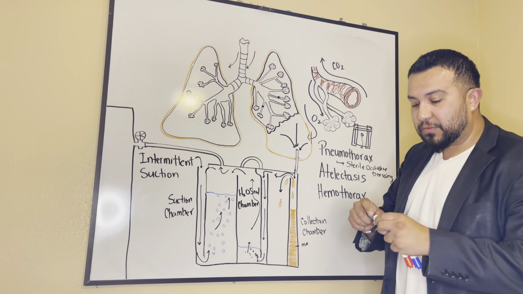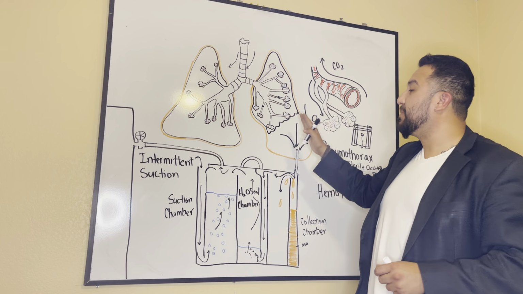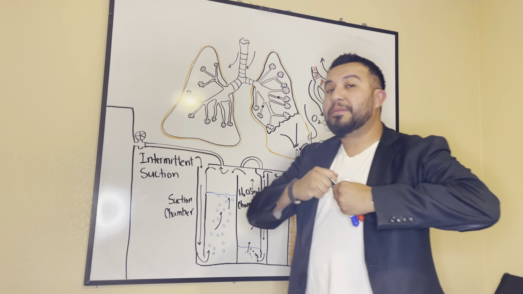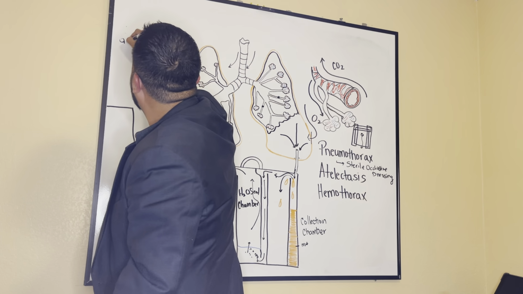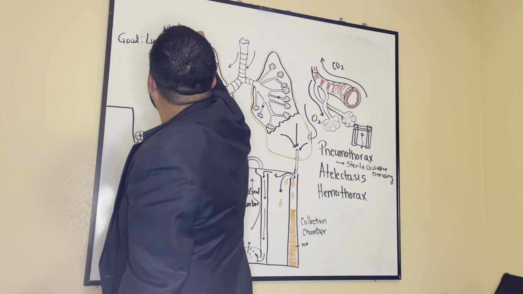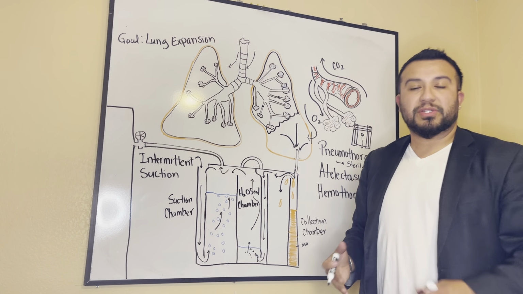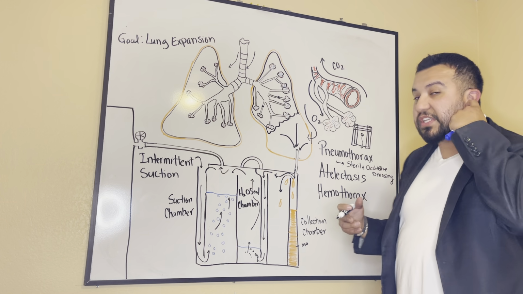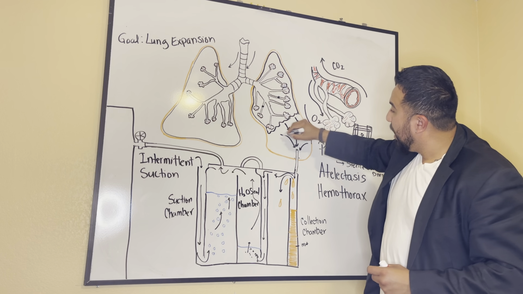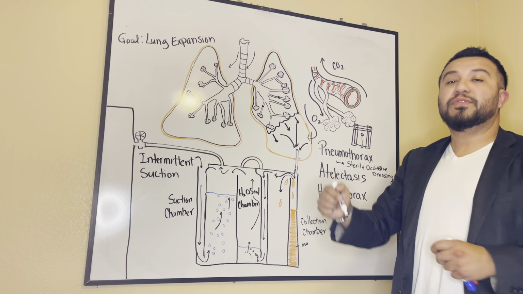A couple of things you guys have to remember, that as the patient is laying in bed and they have this chest tube drainage system attached to them, the patient's still trying to breathe. The whole goal is to expand the lungs. So keep in mind that the goal is lung expansion. That is the goal. So we're going to be teaching our patient to cough and deep breathe, to utilize pursed lip breathing, so we can hopefully bring that lung out this way. And once it's fully expanded,